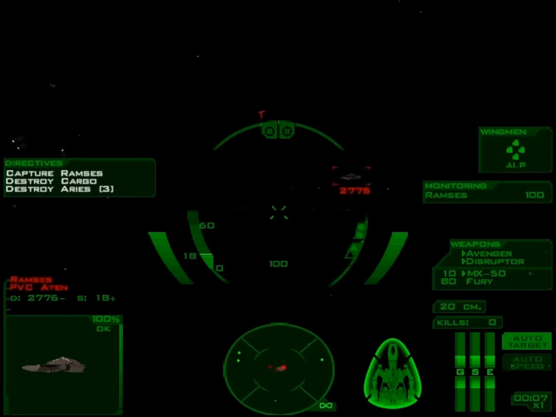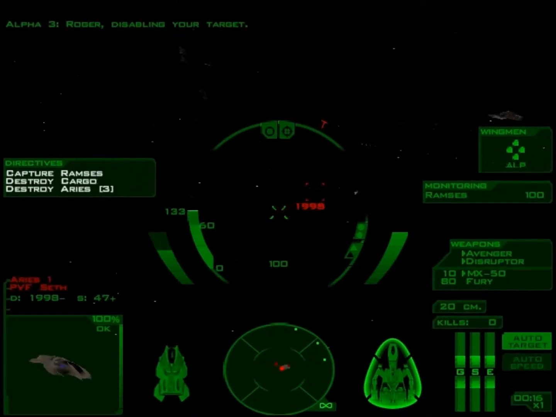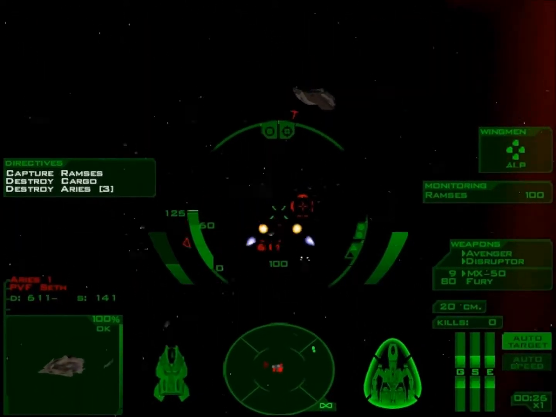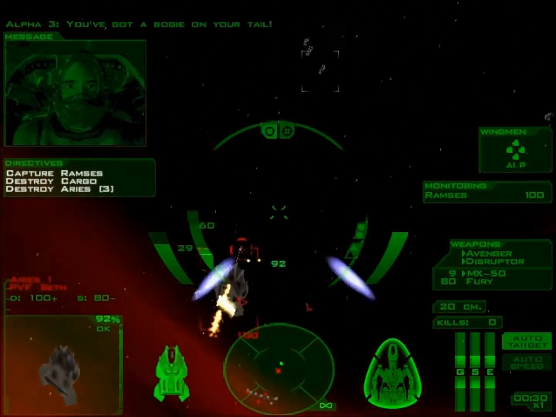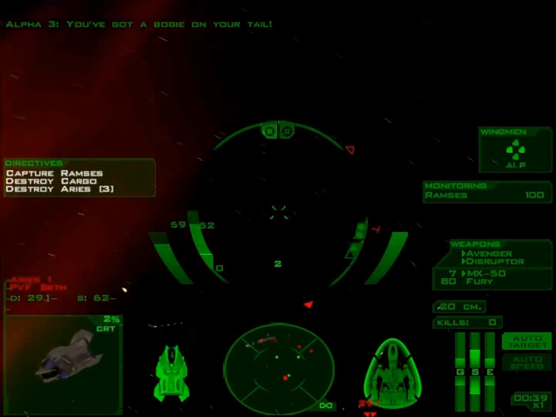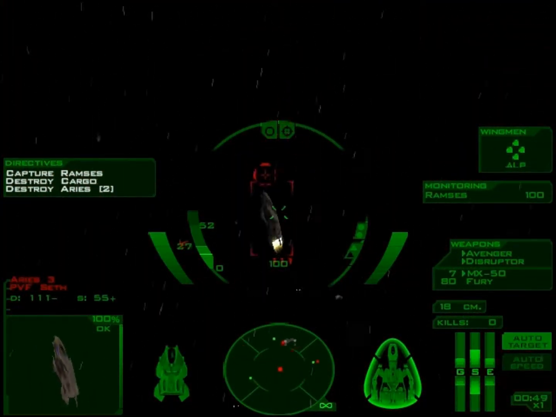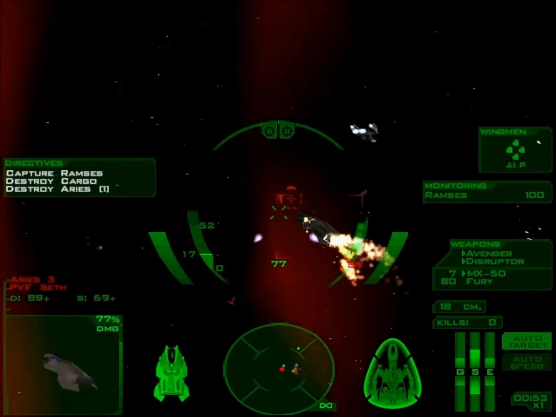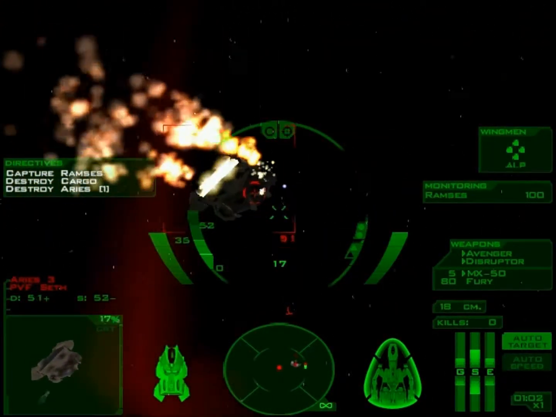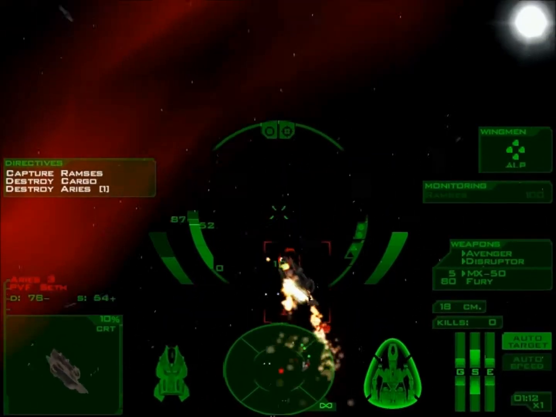So, hostile. Call to Alpha. Roger, disabling your target. And as for me, I am going to do the one thing that I do best, and that is deal with these jerks. You've got a bogey on your tail. Oh yeah, that's right. I need to switch the equalize buttons and all that stuff to something that I can use with the joystick. Come on. Not to mention, I think I need to adjust the sensitivity on this thing too. It's getting a bit...